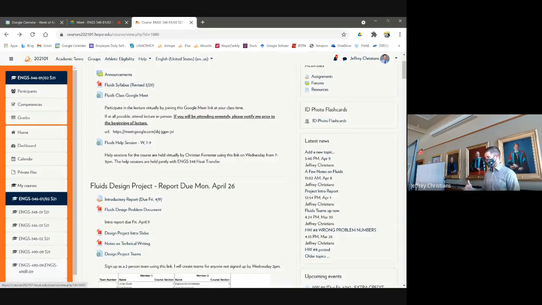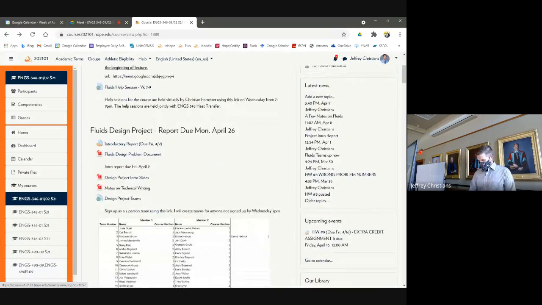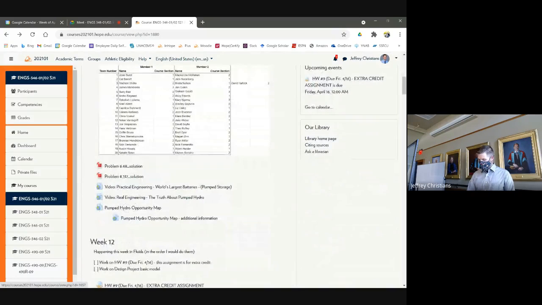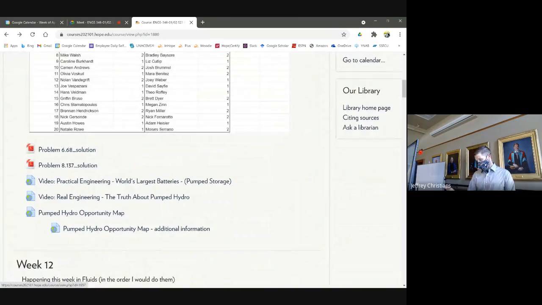There are a couple new resources that I wanted to point out on the Moodle page with respect to this report, with respect to the design project. If you look, there's the stuff that was there, but at the bottom of that section there are a bunch of new resources. In the feedback that I sent you, I picked out two specific problems, 6.68 and 8.137. There are other ones that we'll look at as well, but